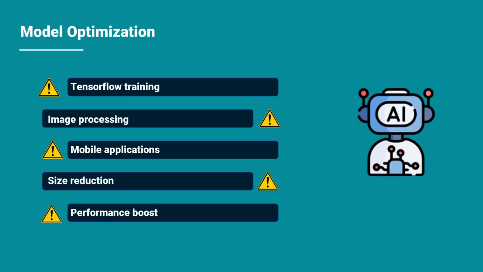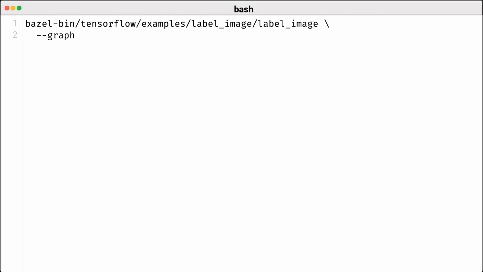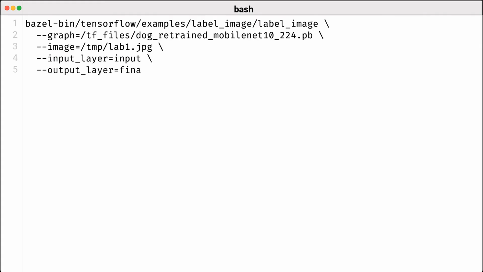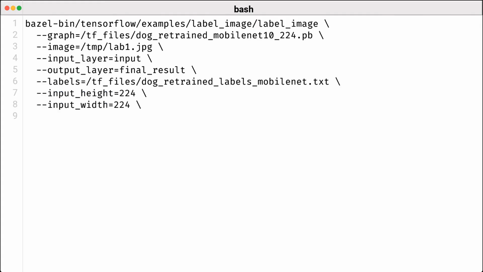This size reduction can be a game changer for mobile applications, where speed and performance are key factors. Now, let's explore how we can implement the label image utility to classify new images using our retrained MobileNet model. First, we need to specify the path to our retrained graph. This step is crucial because it contains the structure and weights of our model. Next up, we'll indicate the image file that we want to classify. For our example, this image is located at